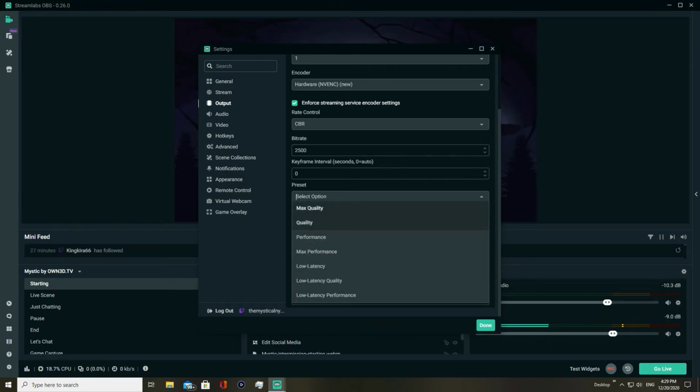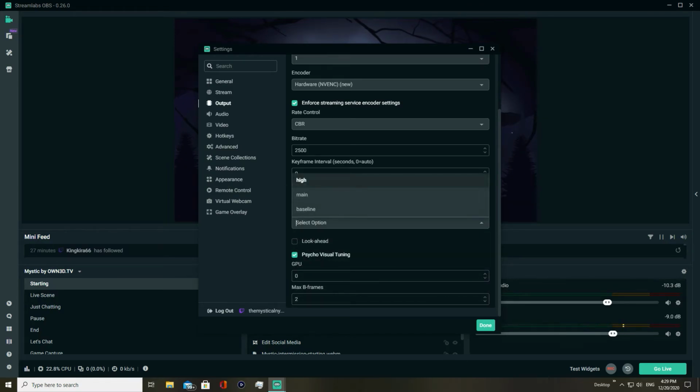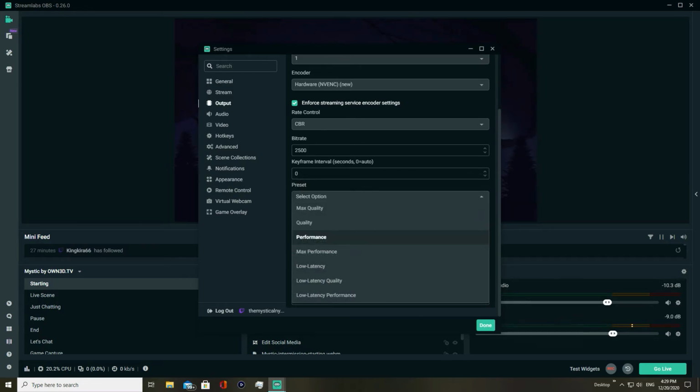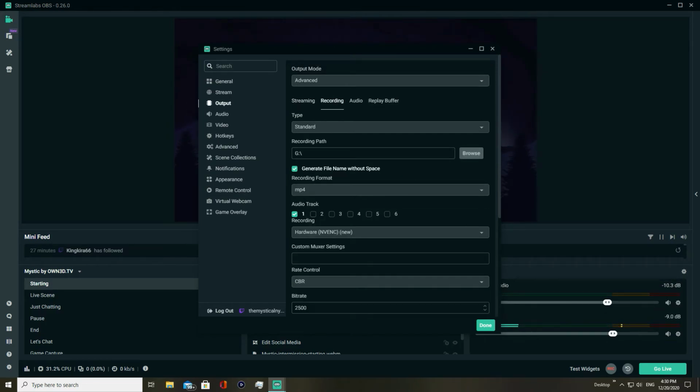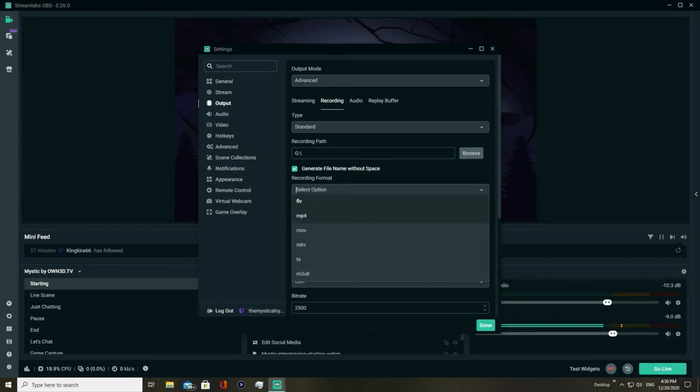As far as the quality, you go down here and you click this preset of quality. This is going to determine the quality of Streamlabs or the performance of Streamlabs. I kind of pick between performance and quality because sometimes if the performance isn't doing that well, the quality isn't going to be doing that well either. So I kind of stick with performance as of late. That way everything still is looking a-okay. And then I kind of left this stuff alone because I didn't really know what it was, and I moved on. If you are going to be recording your streams for your VODs later, I would recommend the encoding format